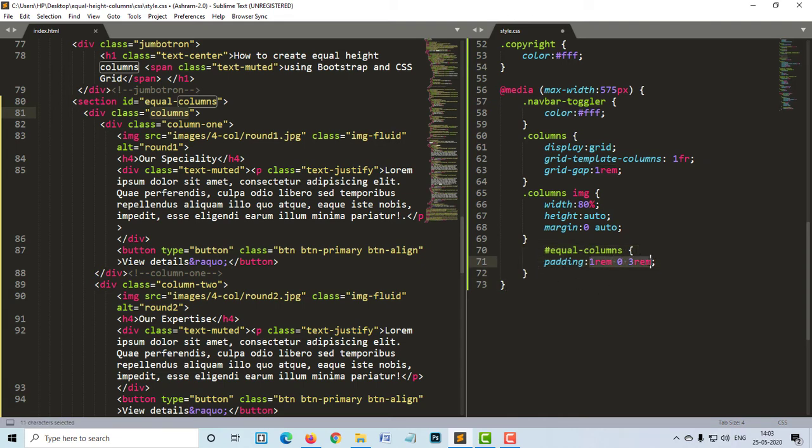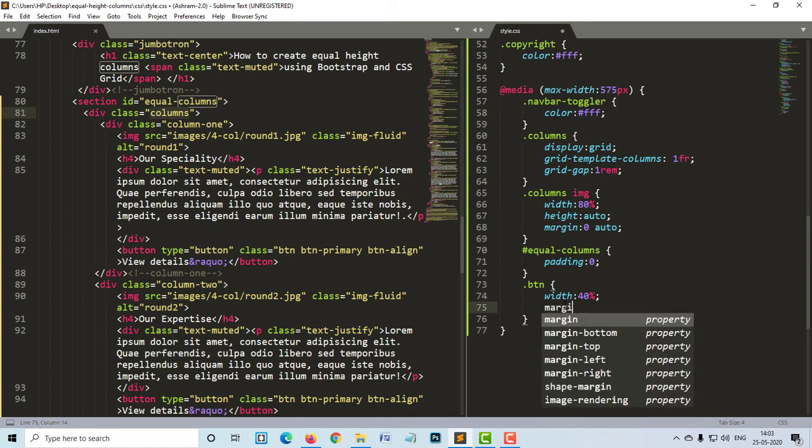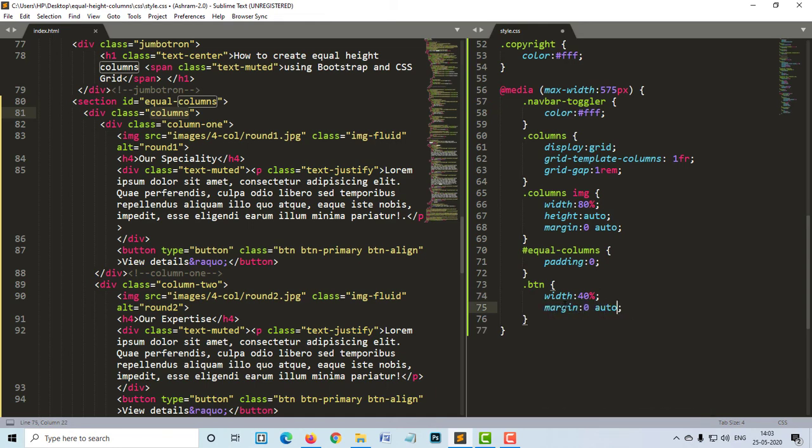So we will make padding here as 0. And then coming to the buttons, let us use that class of btn and reduce the width to, say, 40%, and also specify margin 0 and auto.